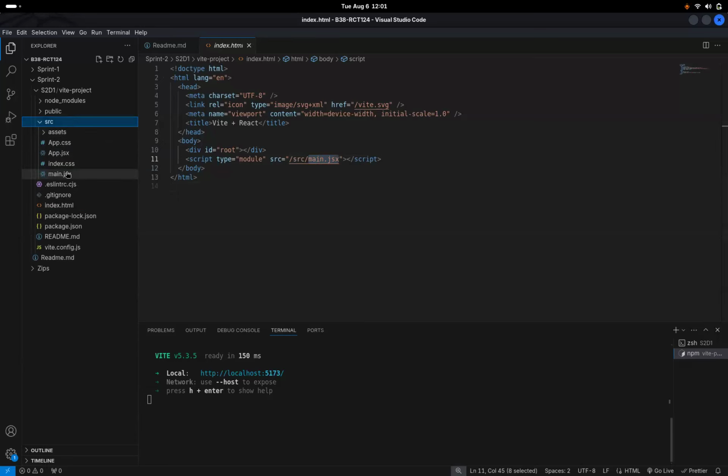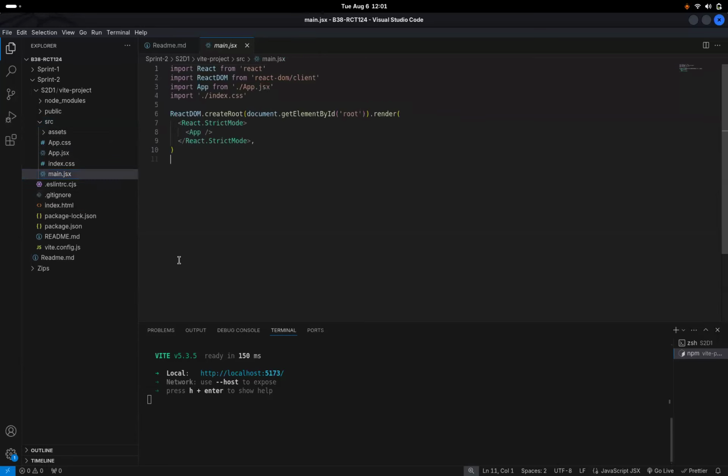What does that contain? If I click on main.jsx, is it something that we have seen previously? Yes. What is it? We basically give it a render point from where you have to start rendering, right?